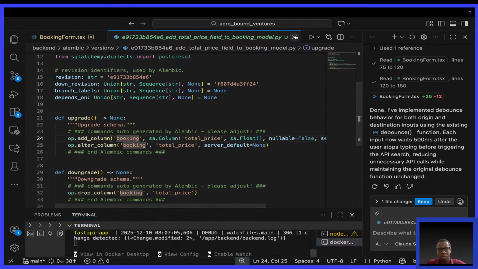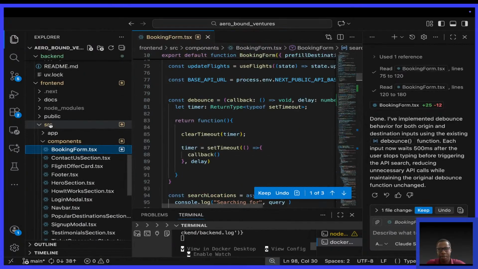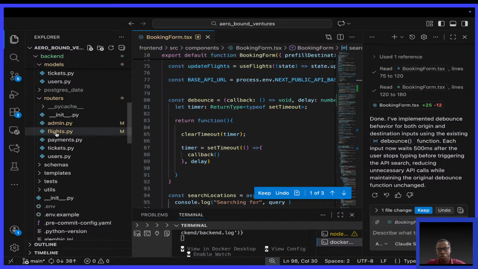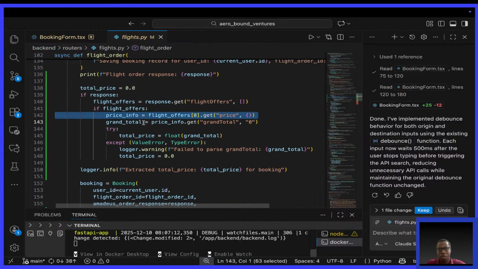What else? So after that, I went on to do the calculation. Look at this. Initially, the price is 0. Then if the response is there, I say response.get, I get the flight offers. Then if there are flight offers, there's a price at the first position, a price object. So I take the first flight offer, because there might be 10 flight offers, but all of them have the same structure. All of them have a price